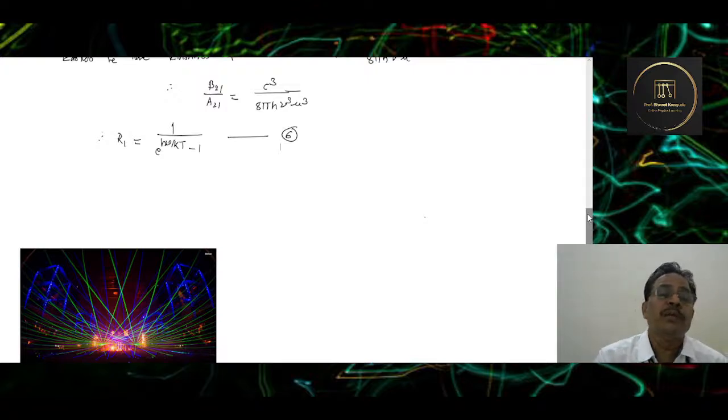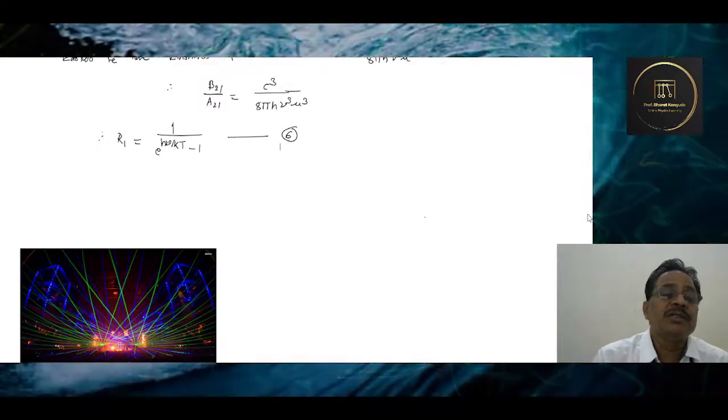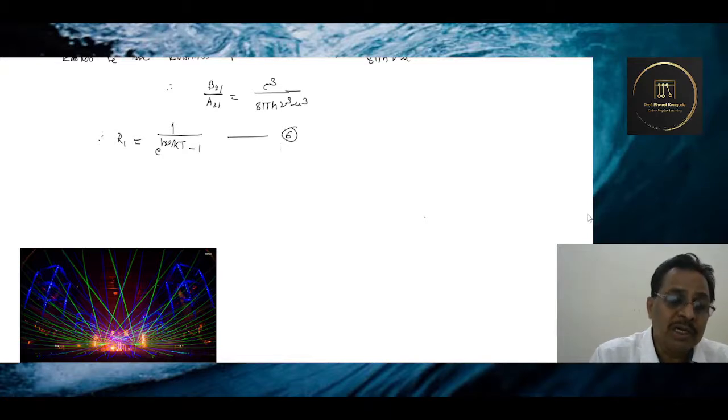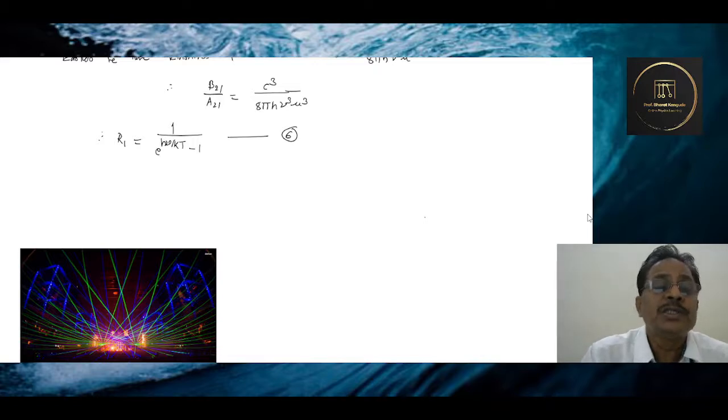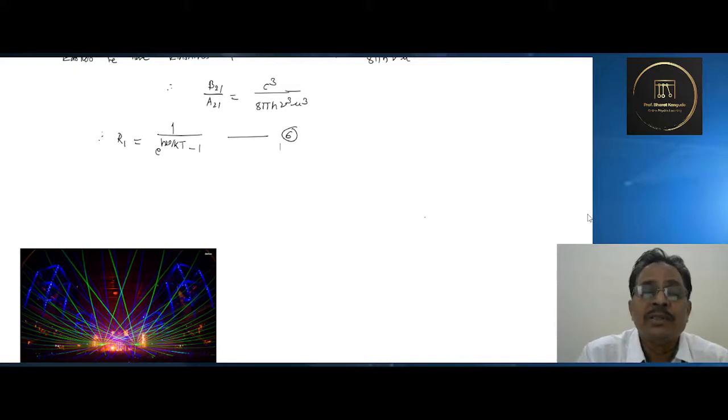Out of that, h is constant, k is constant, T maybe we can take as room temperature or normal temperature. Now when the frequencies are in the optical range, this R1 is found to be very small, and when this ratio is very small, the laser action is not possible.